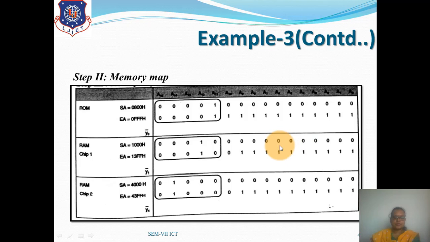Now in this memory mapping, we have divided based on the size available of the ROM and RAM chip, right. Now as you can see, if we want to do the partial decoding technique and full decoding technique. Full decoding means all the address lines are required. So here in this example we have taken the full decoding technique, where all the address lines are required.